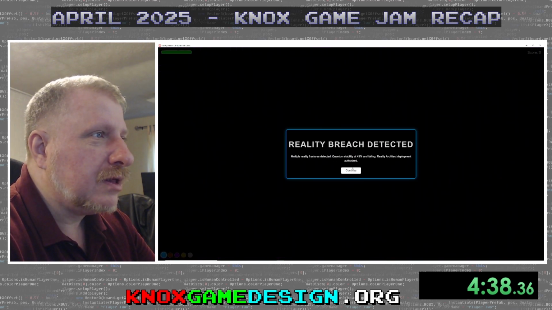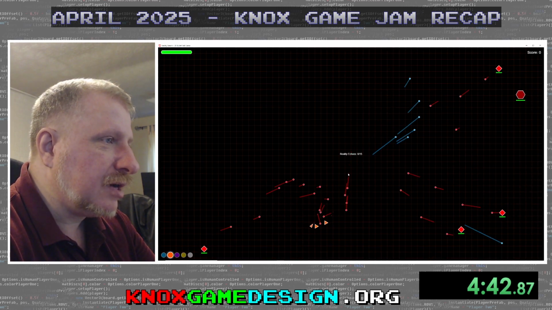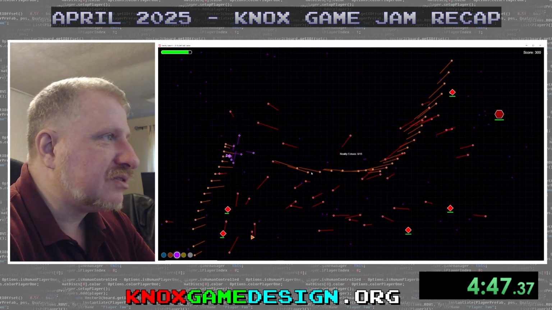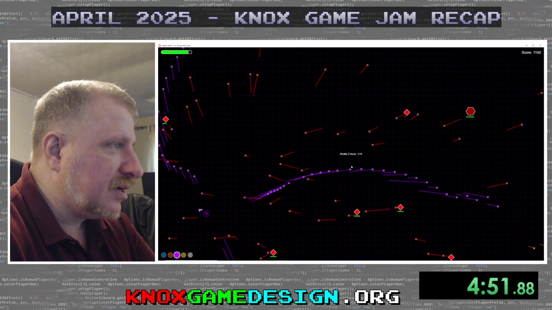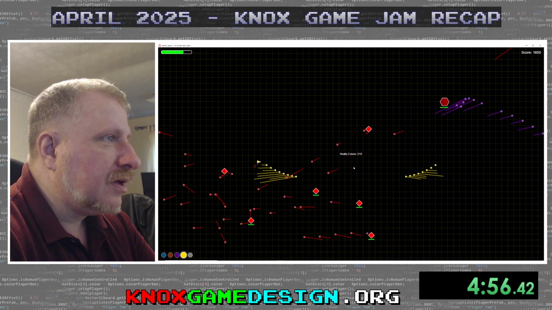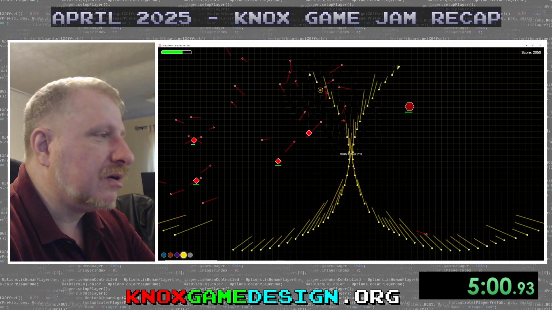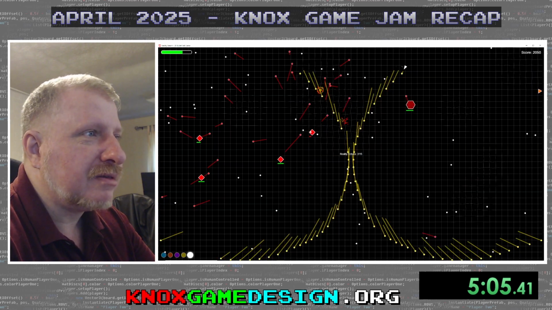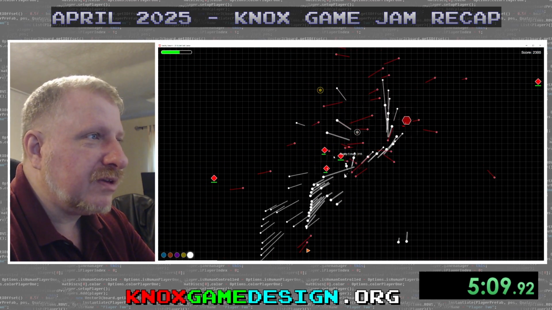Very cool. So definitely fits the theme of the jam, because you have different realities, and each reality changes the way that you shoot. Like in the purple reality, you shoot in 3 different ways, and so here's another. Oh, the bullets are coming from both sides. It's so weird. Here's a void reality, a dying reality, mostly empty space with pockets. So, yeah, multiple realities definitely fit the theme.